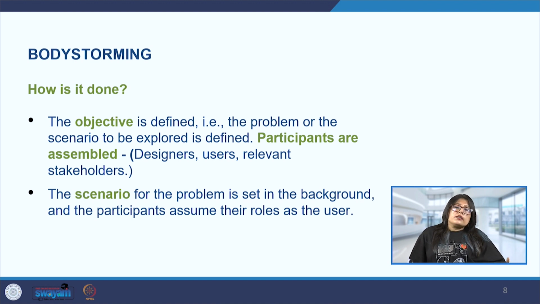For example, if a bodystorming exercise needs to be done at an airport, we want to look at the check-in kiosk. That is what we want to design, which is going to be useful for all types of travelers visiting the airport. For this activity, because it is done with the body itself, it's a physical immersive activity. So the team will quickly try to replicate a kiosk. Of course it need not be of the same sophisticated level as that of the airport, but one can use cardboard, some boxes and just create a kiosk.